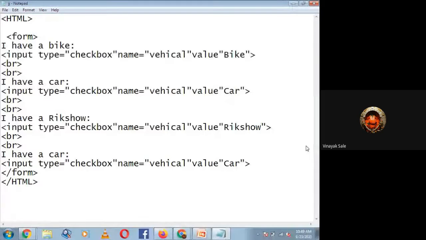Then I have a plane. We'll see what the output will be.